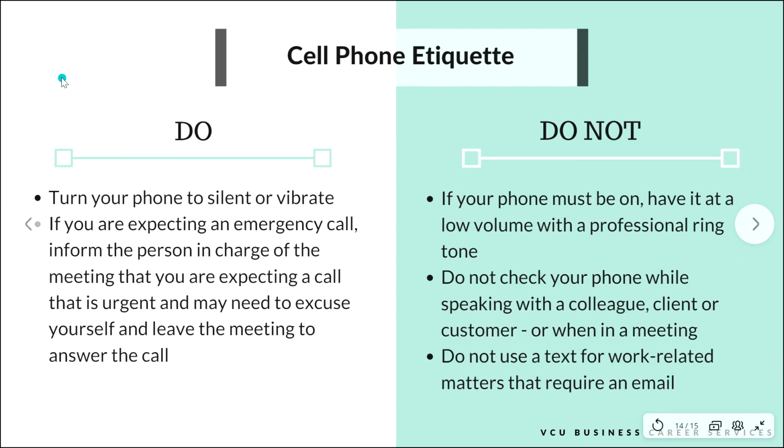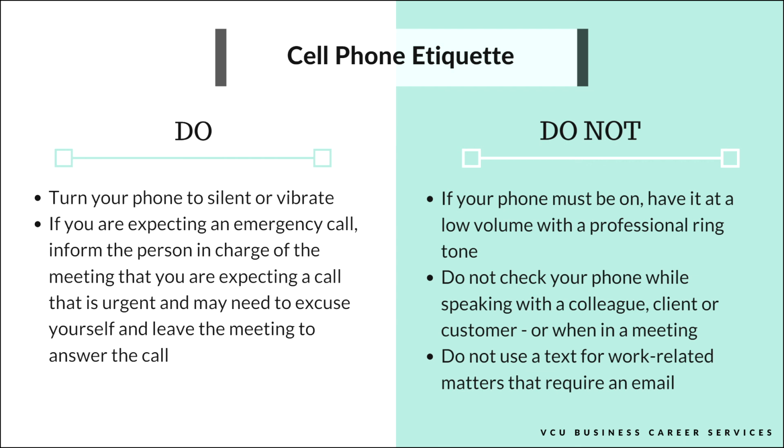Last thing here, we definitely want to mention cell phone etiquette. In meetings, please do turn your cell phone to silent or vibrate. If you are expecting an emergency call, let the person in charge of that meeting or that class or whatever know that you're expecting a call. It is super rude to take a call and just walk out with no information, right? So let the person in charge know. If you get the call, you step out, and likely when you walk out the door, the person leading the meeting will say, hey, Brian will be out in a second, he let me know, and then the person keeps the meeting going.